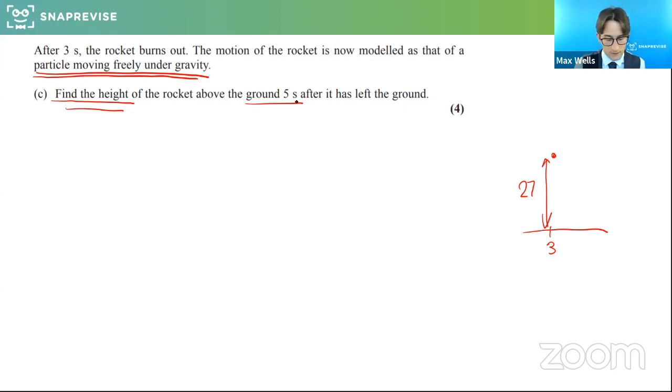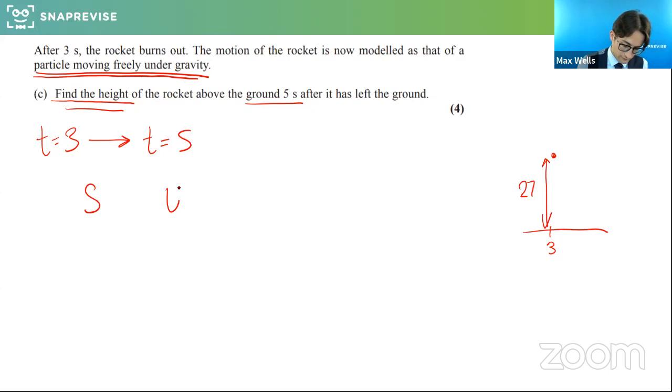Once the fuel burns out and the motion changes, and someone was asking about this earlier, what do you do? You have got to be careful here because it starts doing a different thing. For these 2 seconds, you've got to find out what happens. Because the question is asking for the height from the ground, we need to know it started 27 meters up, the change in its motion. So t is 2 for this bit of motion, very well done there. So from time t equals 3 up to t equals 5,